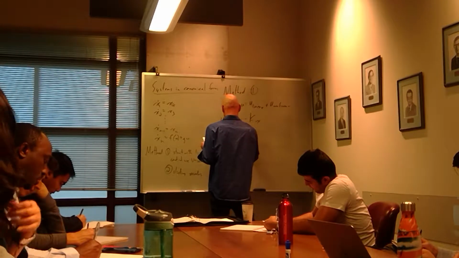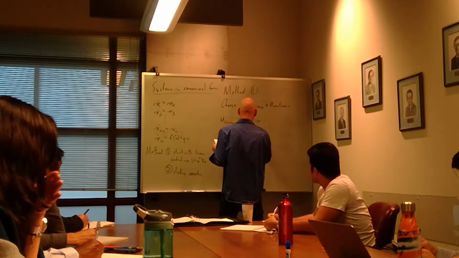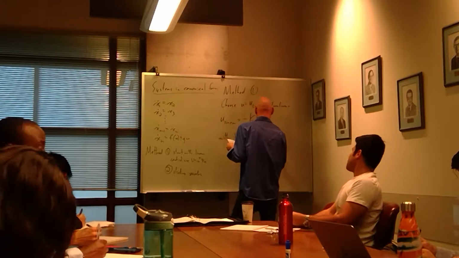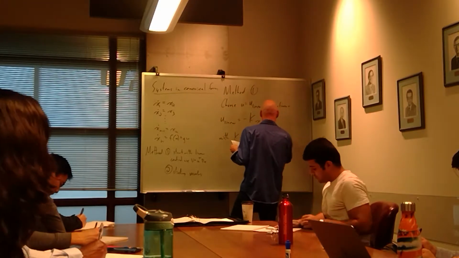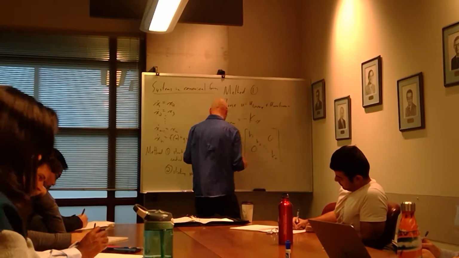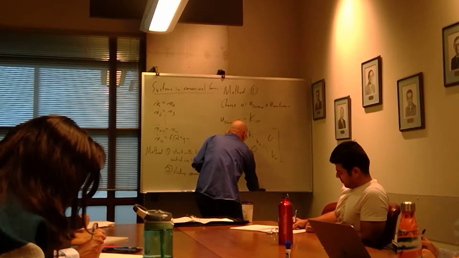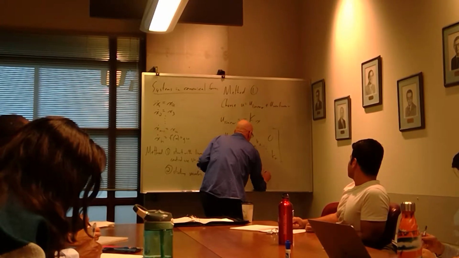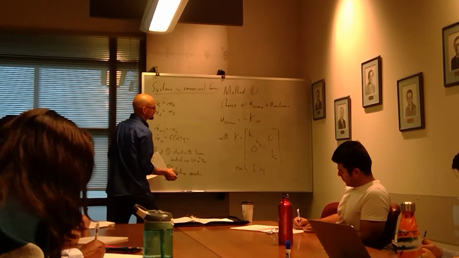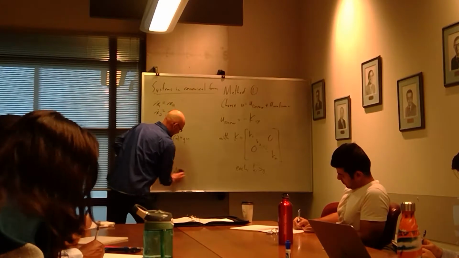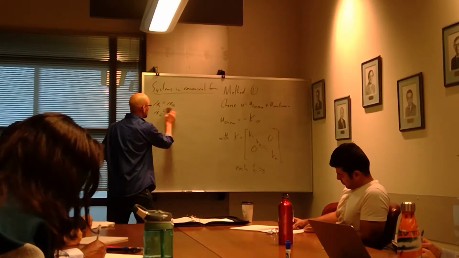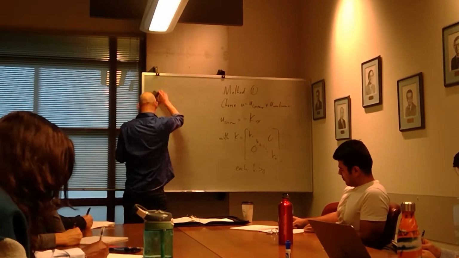In this case, K is going to be a diagonal matrix of control gains with zeros on the off diagonal. These are all positive control gains. So if I do that,